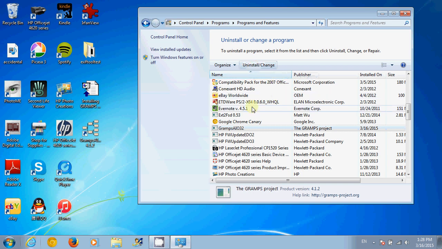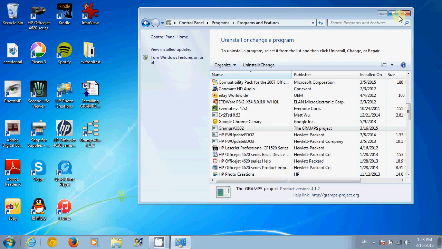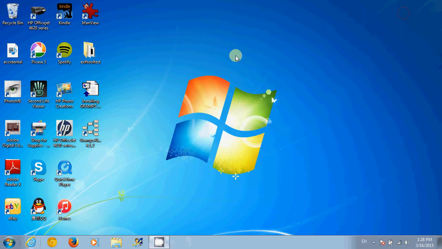It will confirm for you that you really want to uninstall. So I don't really want to uninstall this, so I'm going to cancel, but this is where you would do it if you no longer wanted this software on your computer. So I'm going to cancel that, close my control panel, and bid you